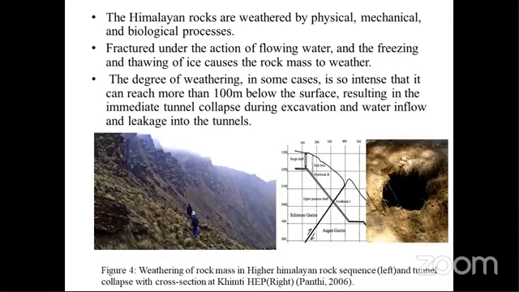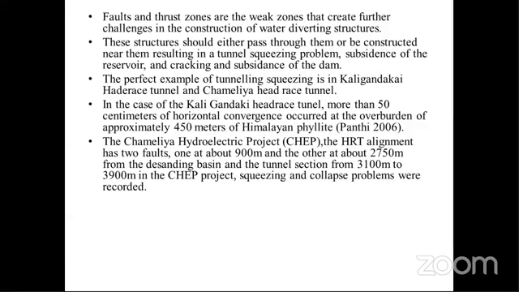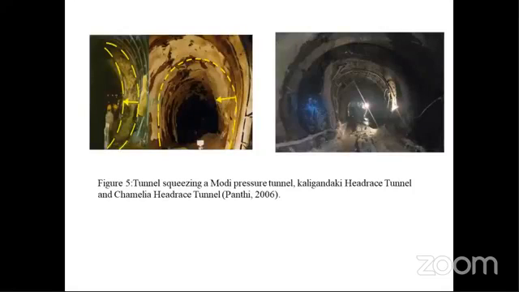So there was a collapse during the excavation in cross section of Khimti hydroelectric project. The fault and thrust zones are very weak, so this collapse is very severe in the Himalayan zone. Another is the tunnel squeezing problem while constructing tunnels. The tunnel squeezing is due to the high stress in the rock and in the weak rock. These are some examples of Modi and Kaligandaki headrace tunnel